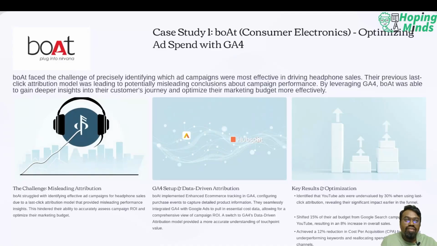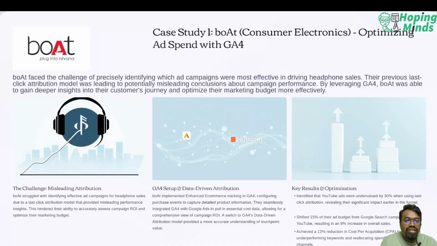performance insights actually. This hindered their ability to accurately analyze their campaign ROI and optimize their marketing budget. So basically, Boat faced the challenge of precisely identifying which ad campaigns were most effective in driving headphone sales. So they are running multiple campaigns, right? Their previous last click attribution model was leading to potentially misleading conclusions about any campaign